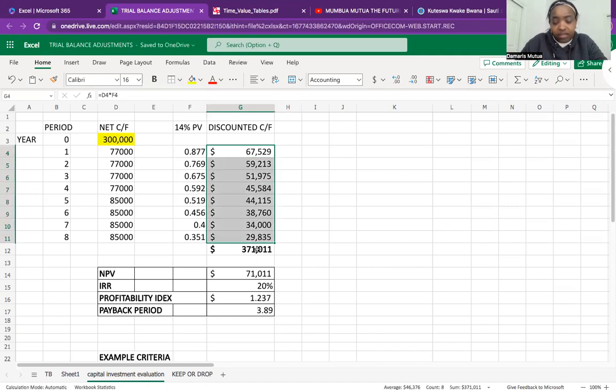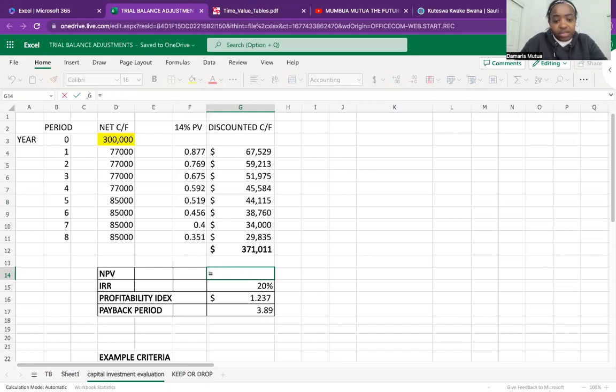Then the current value of our future cash flows is 371,000. To get our NPV, we take the present value minus the initial investment. So we get our NPV as